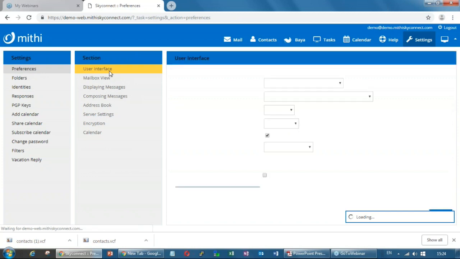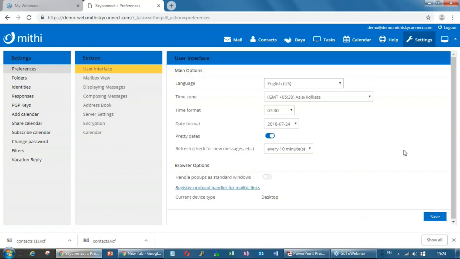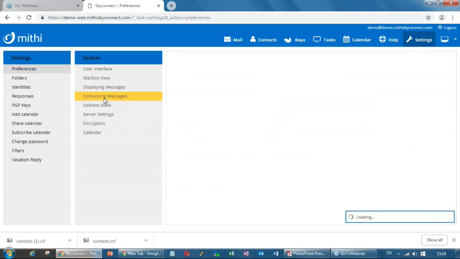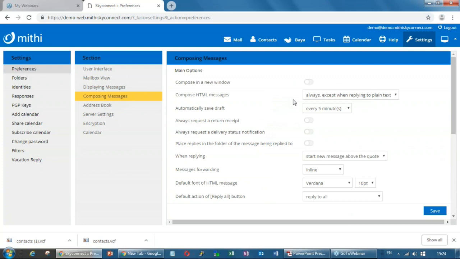In preferences, you can customize your compose options from here.